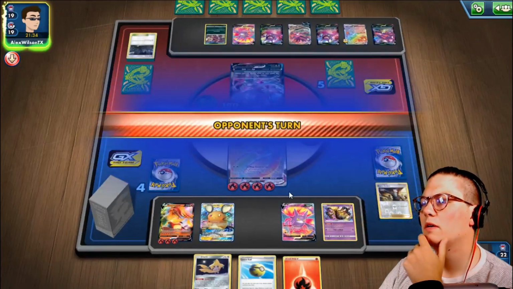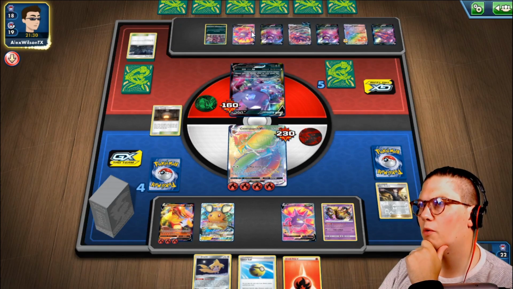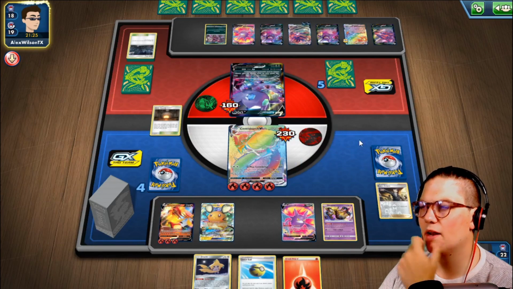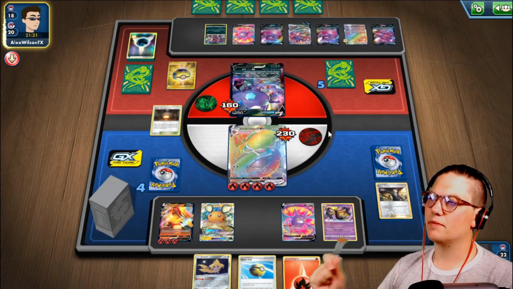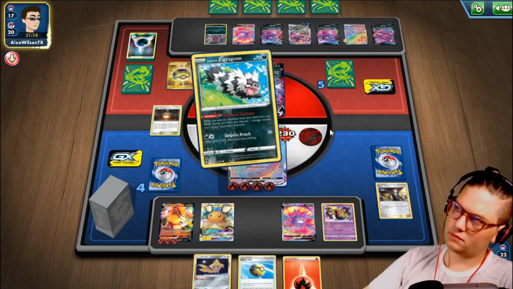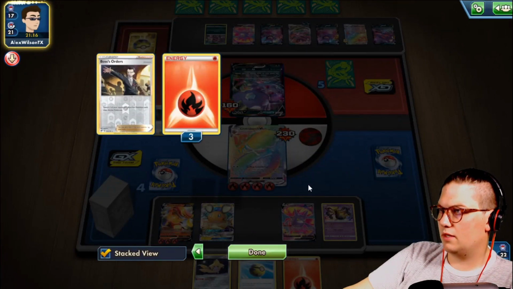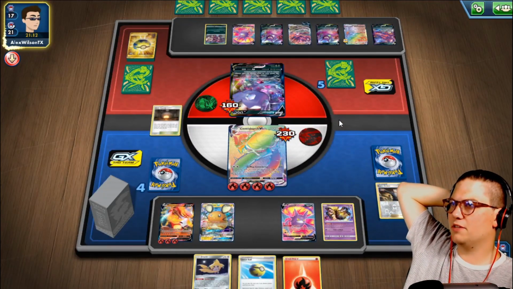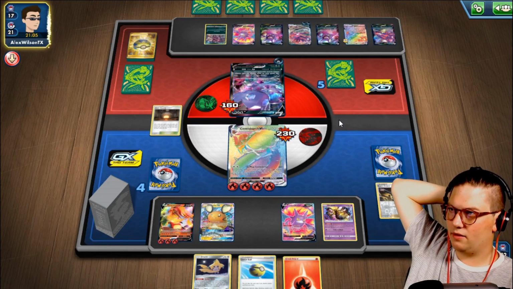One more. And then on the next turn, we'll quick ball for a boss on the Crobat. Knock out the Crobat, and then hope we can draw into our last quick ball when he takes a prize here. Alternatively, because we got 3. Okay, let's see if he can switch out of the Sableye. Then